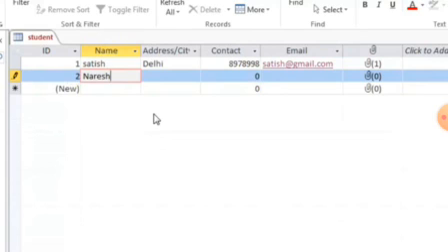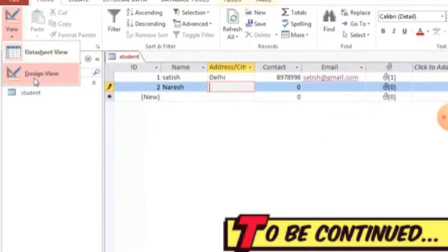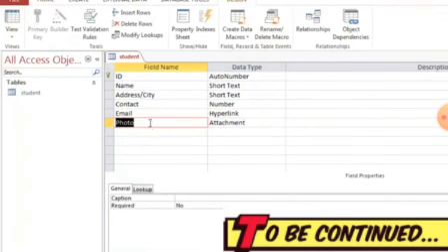Suppose you want to analyze the marks, you want to compare the marks, the report will help you to find out the marks comparison between the number of students present in your class.